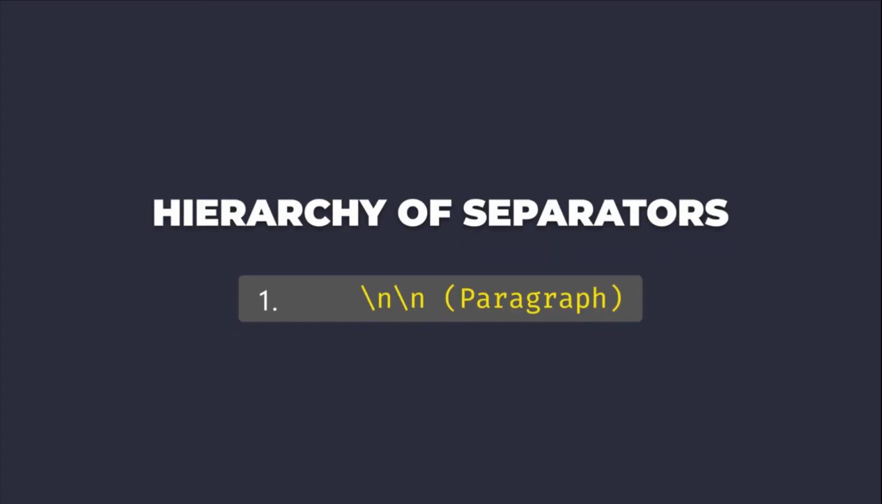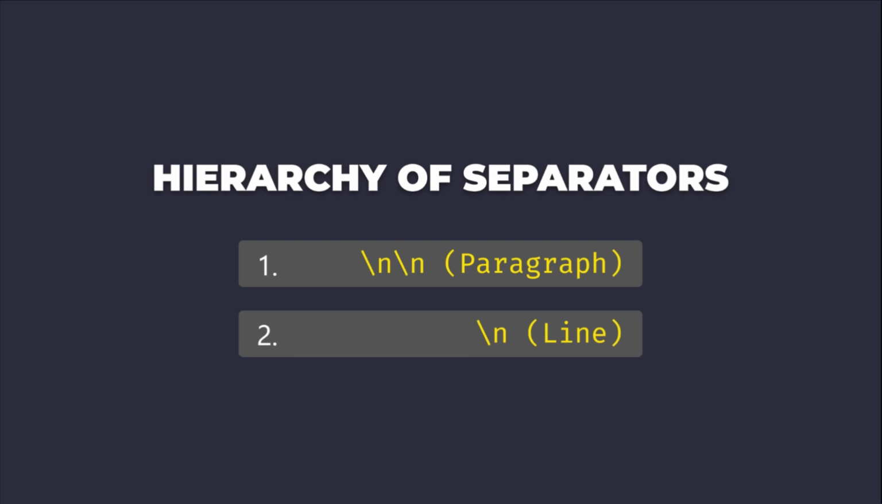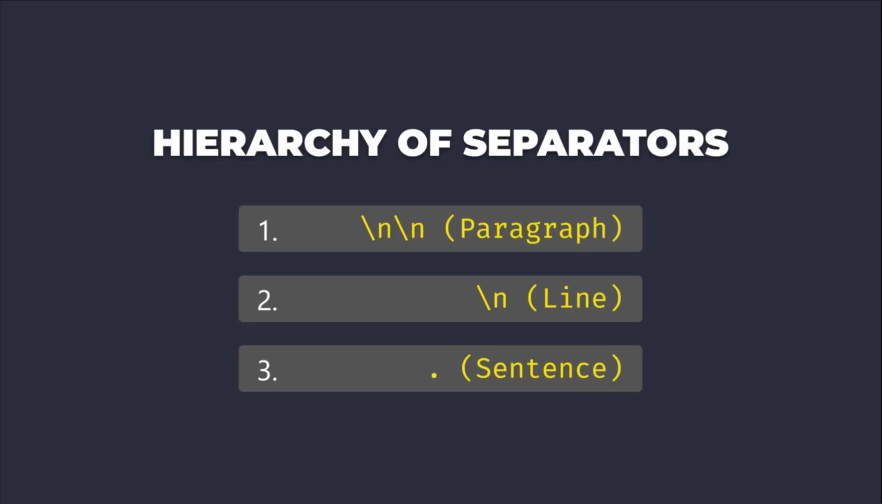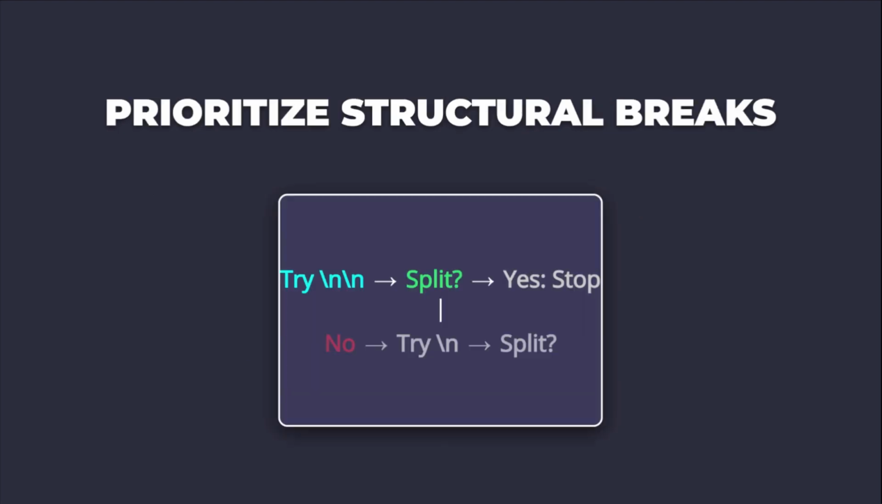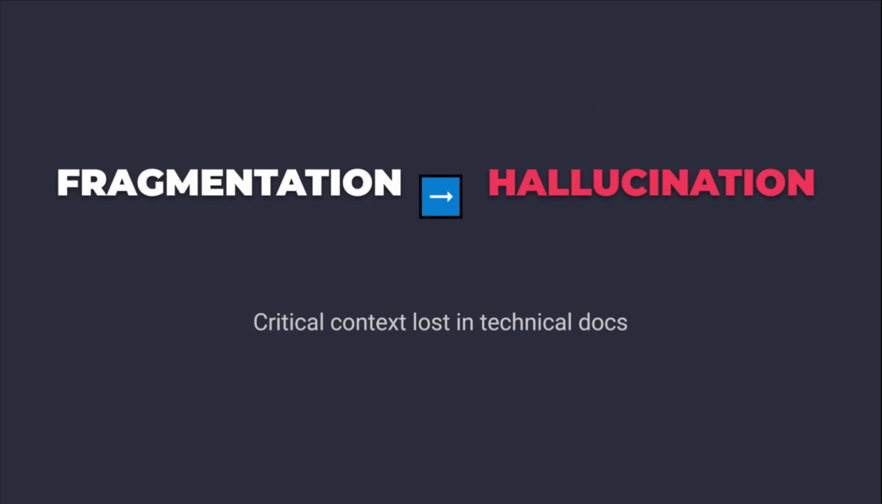Start with the most significant delimiter, typically 2 consecutive new lines, followed by single new lines, then periods, and finally commas. This ordered array ensures the splitter prioritizes structural breaks over arbitrary token limits, preserving logical units before resorting to smaller splits. This method prevents critical context fragmentation, which is the primary cause of hallucination in RAG systems built on